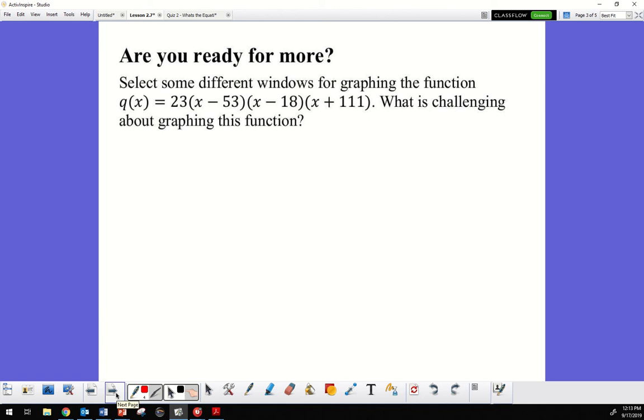Different windows for this graphing function. Okay, so now let's first start off with my x's. Looks like I got a whole bunch of big numbers here, right? So for my x's, right here I'm going to have x equals